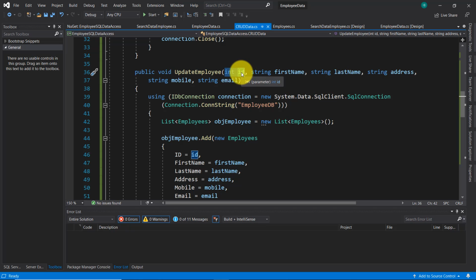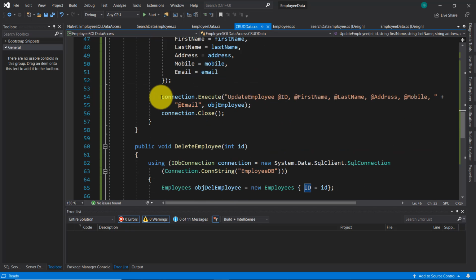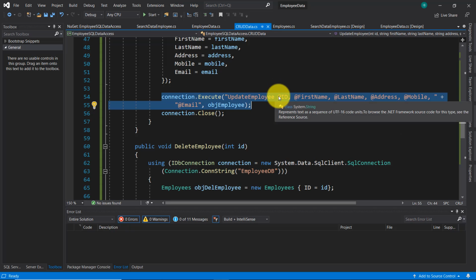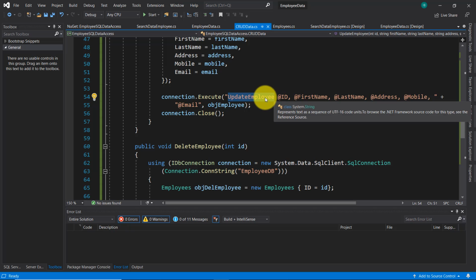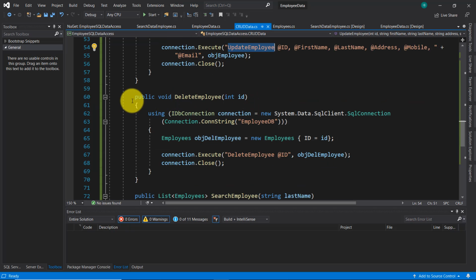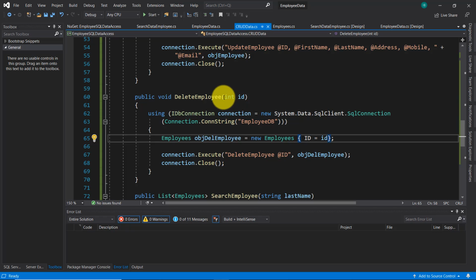This ID parameter, whose type is integer, will take over the ID from the data grid view, and will be assigned on this line of code to this ID property, and on this line this execute method will execute this SQL query and this update employee stored procedure, which will update the employee data in the database. This method will delete the employee data using only this parameter ID, because the ID is unique,